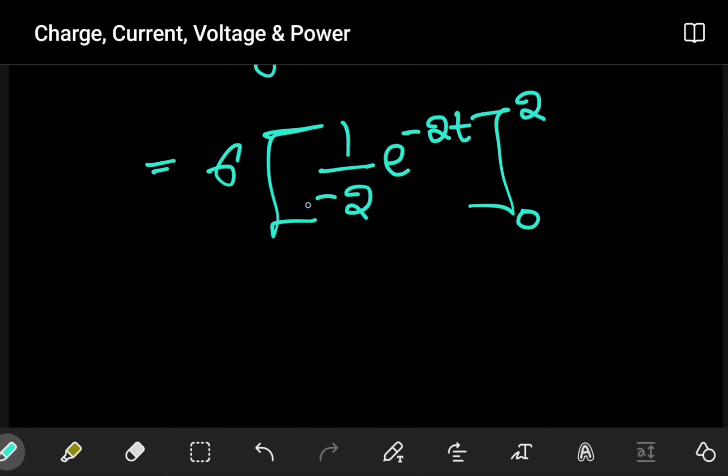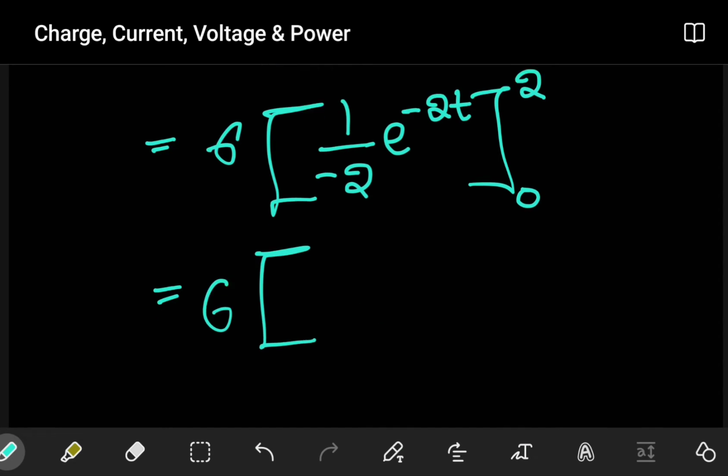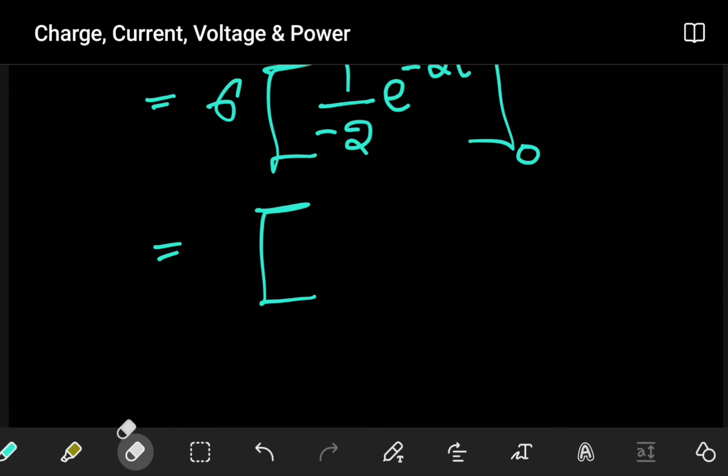So then the next thing here, we can simplify this. Of course, we know how it goes when we use the limit. We're going to just substitute the upper limit, then minus when you substitute the lower limit. So this becomes 6. Let's substitute the upper limit. We can actually bring out that half. The half can come out. So if we bring out the half, this becomes